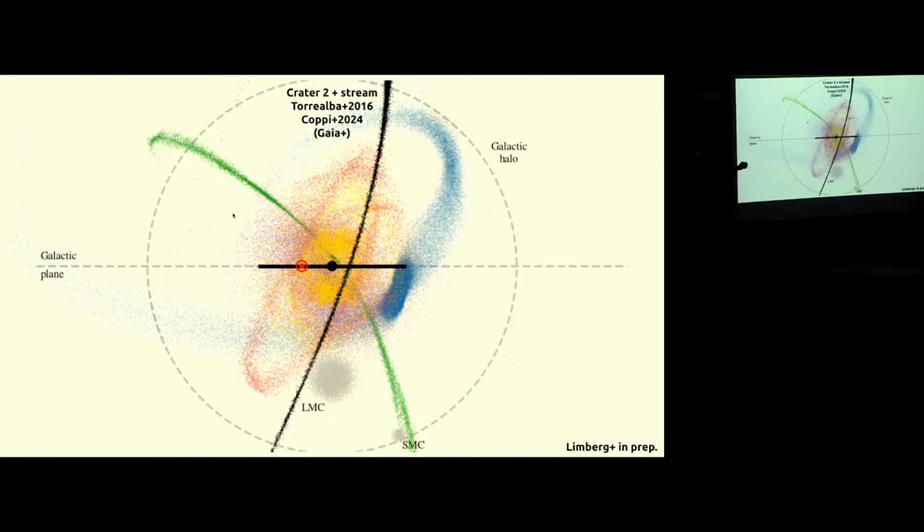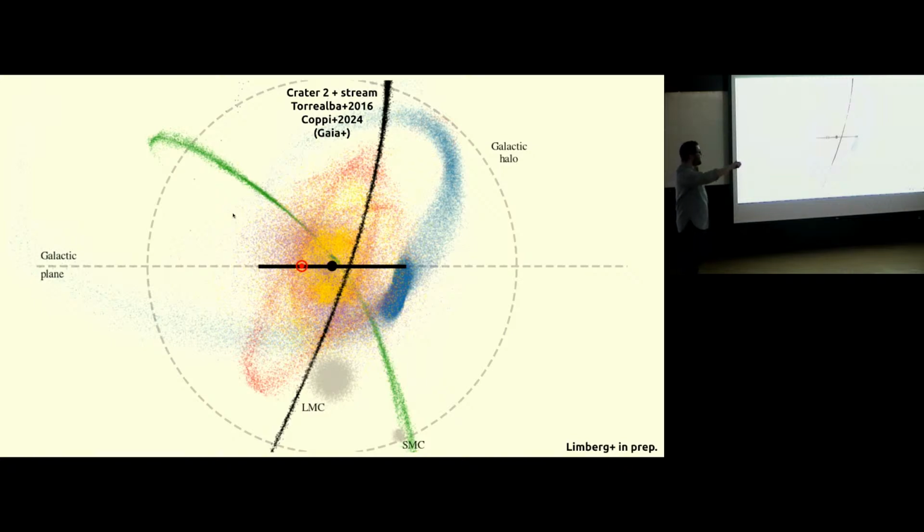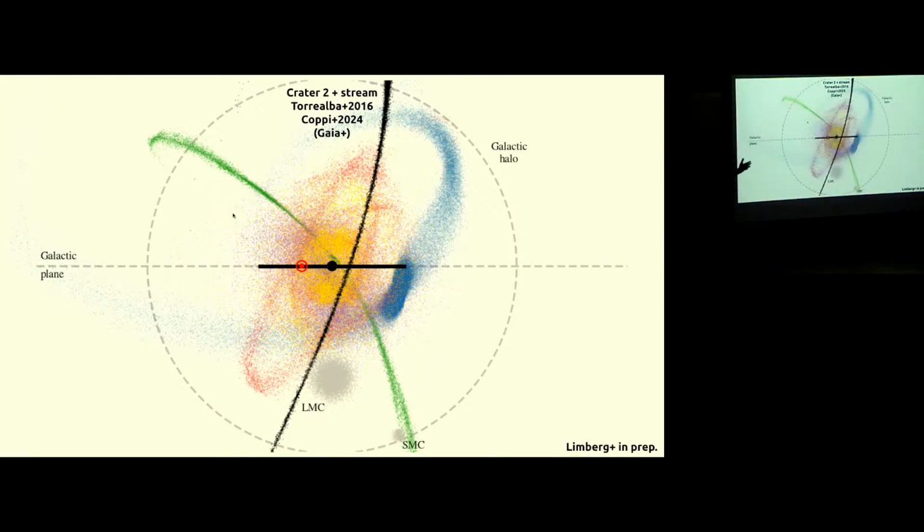This one dwarf galaxy right here, I think it is really interesting because this one galaxy is probably the faintest galaxy, from the perspective of surface brightness, that we know in general. This galaxy has a surface brightness that is like 5 magnitudes fainter than what we call ultra-diffuse galaxies. So this really is an extreme analog of what we call ultra-diffuse galaxies in extragalactic environments. And this thing is tidally stripping. This is the stripping model that I calculated for a paper that I'm writing, hopefully, eventually. The tidal stripping model that I calculated for this system, and this is the string that it produces.